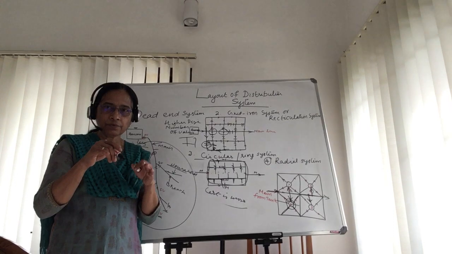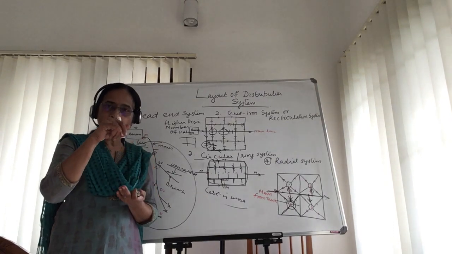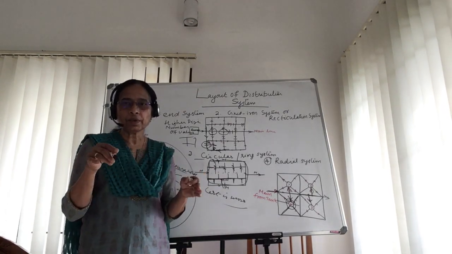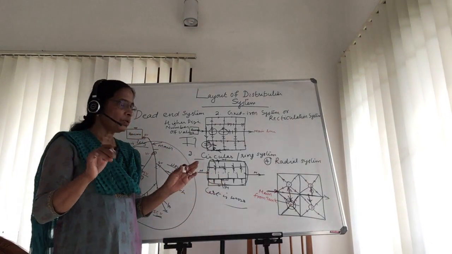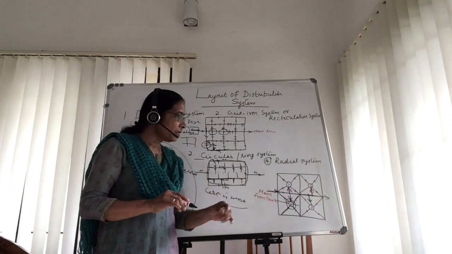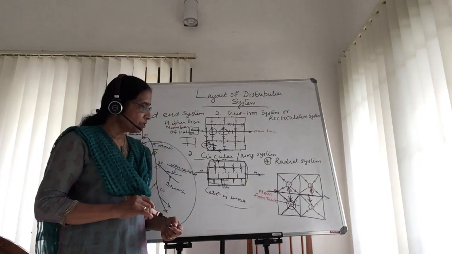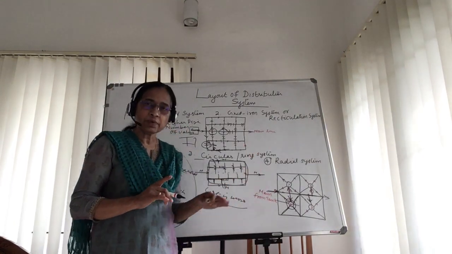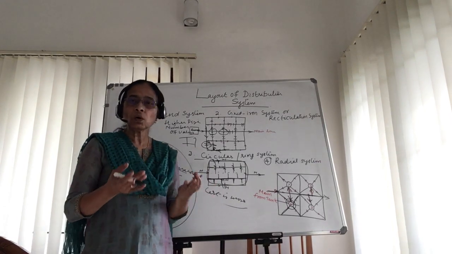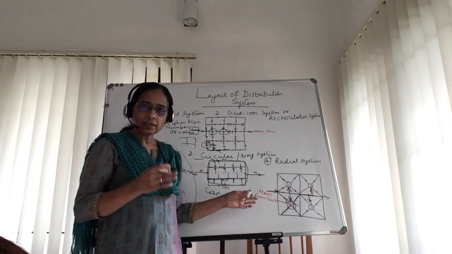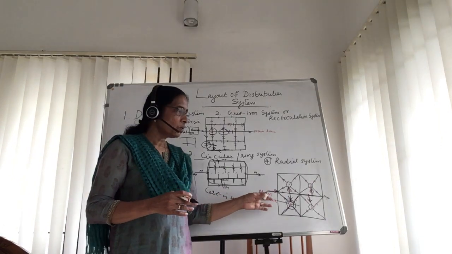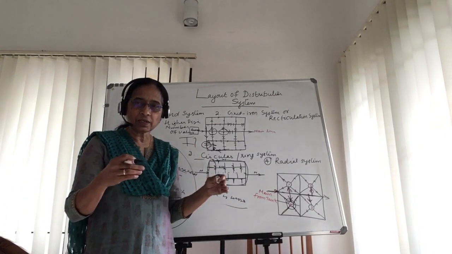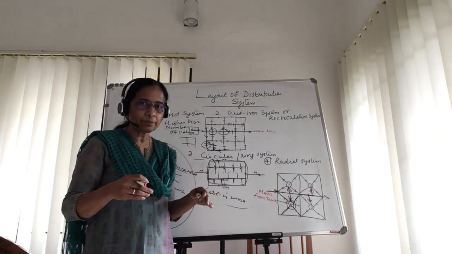And from the tank which is located in the center of that particular zone, you can lay the branch lines or sub-mains radially. In any direction, you can lay the pipes radially. And here, what is the advantage and disadvantage of this system? Here you can see that the main line is coming and it is passing through the center. The cost of the main line is less because a single line is passing and you are taking the sub-mains. Again, the size of the pipe is reduced when you are considering the sub-mains.